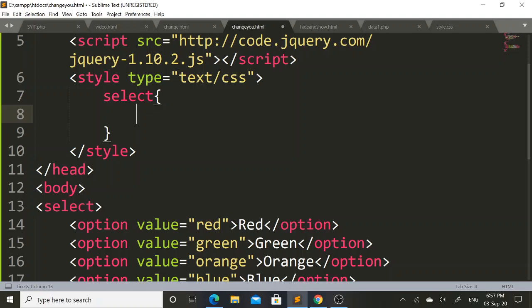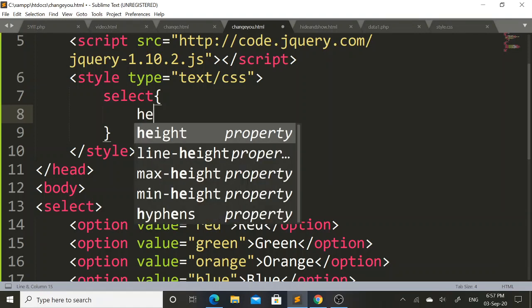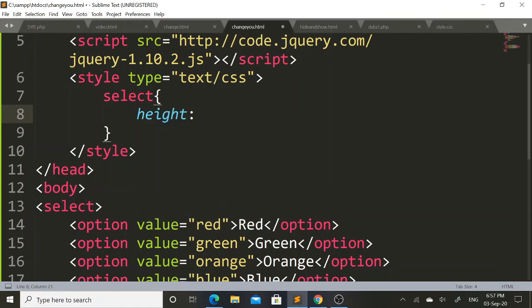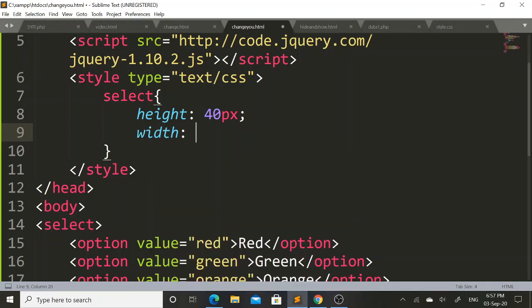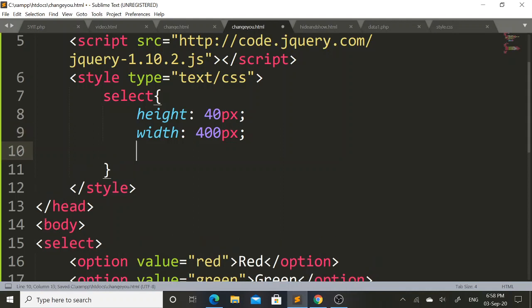So if I want to set the height of this drop down list, I will mention height property, and here I will set 40 px as a height of this drop down list. Then I will set width property of this drop down list, and I will set 40 px as a width for this drop down list.